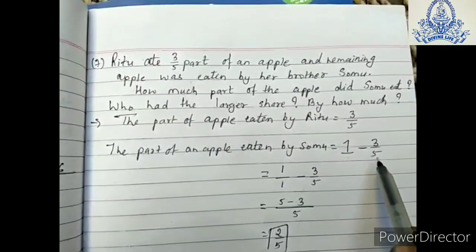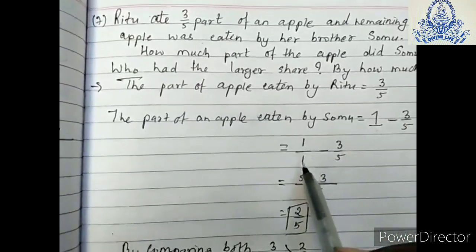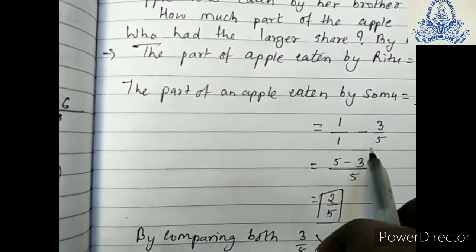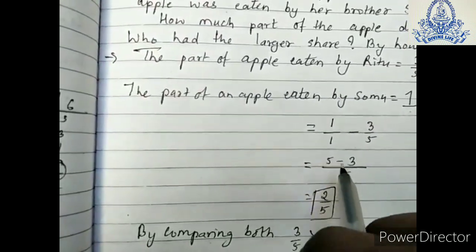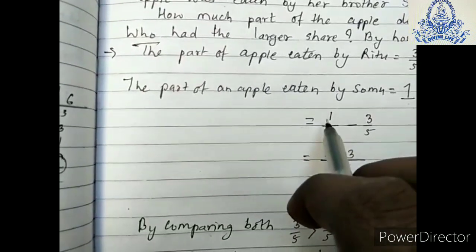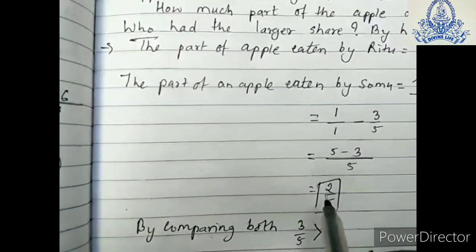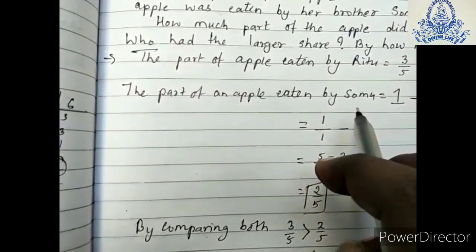Ritu ate 3 by 5, so we can subtract that part. So 1 minus 3 by 5. The LCM of 1 and 5, we get 5. In the 1 table, 5 is coming at 5, so 5 1s are 5 we will take here. 5 minus 3, we get 2 upon 5 part which was eaten by Somu,